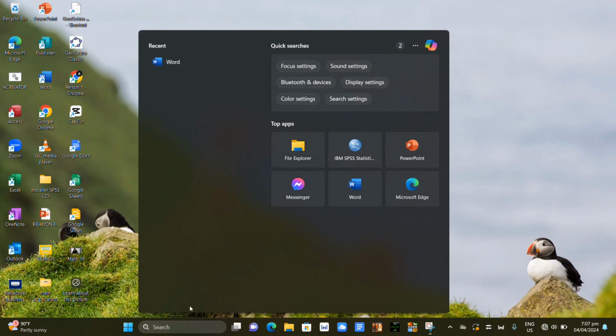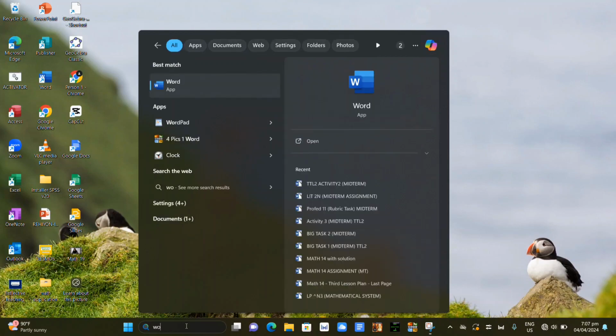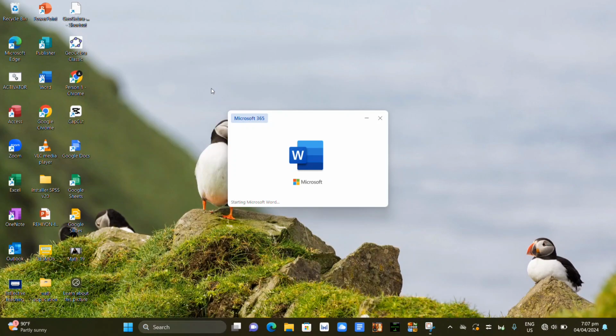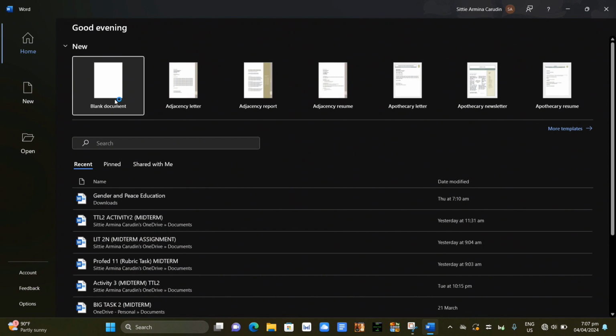Then kapag may nakita kayong Word na dito, hindi na natin kailangan mag-search pa dito ng Word. I-click lang natin ito ng double click. But kapag wala tayong nakitang Word dito, pwede natin siyang i-search dito. Example. So, ayan, na-search na natin yung Word. So, may nakita tayo ditong Word. So, i-double click lang natin siya. So, next